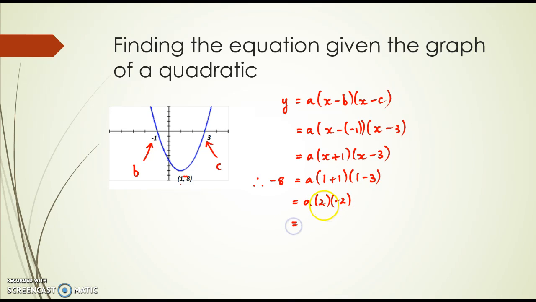So this gives us 2 times -2 is -4a on the right-hand side, equals -8 on the left-hand side. We can now divide both sides by -4, and that will give us 2 on the left-hand side and a on the right-hand side. So our dilation factor in the y-axis is going to be 2,